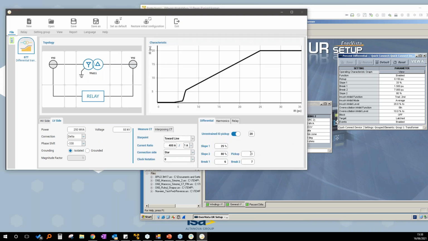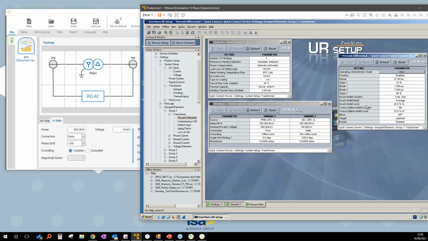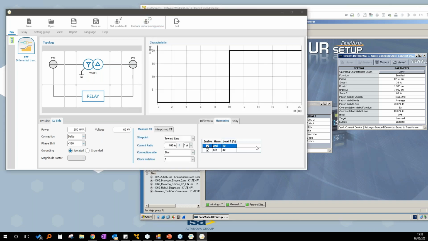Pickup current is 0.15. Slope 1, 33. Slope 2, 80. Break 1, 1.5. Break 2, 7. Then we can set the percentage values. Inrush level is the second harmonic, so 20. And the fifth is 10.